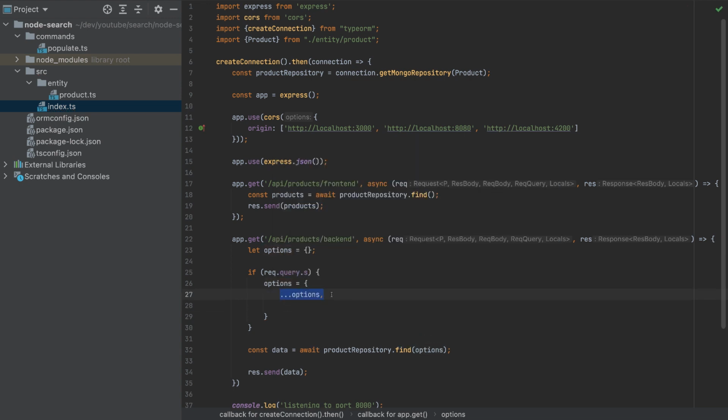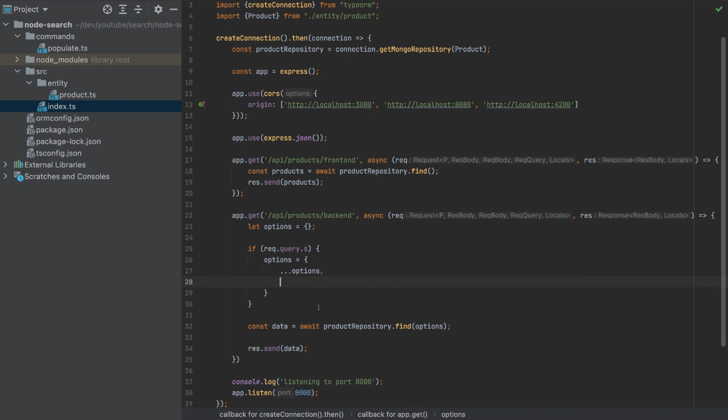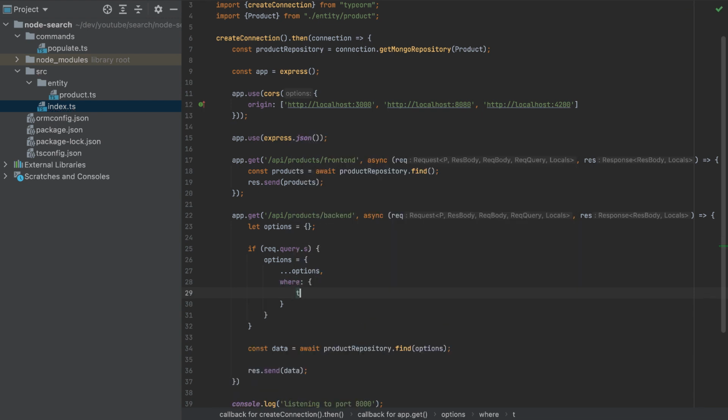So we probably don't need this, because this is an empty object, but it's good to keep it like this once this changes. And what do we want to add here is a where title. So